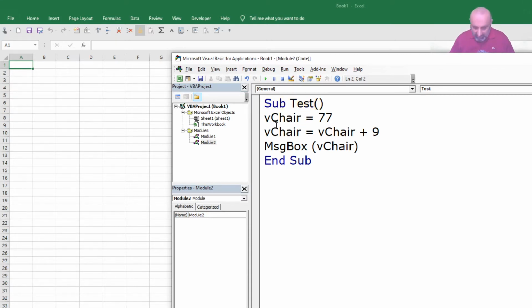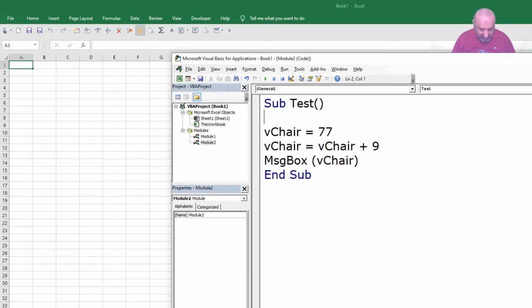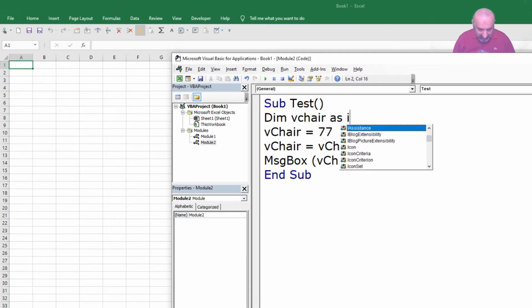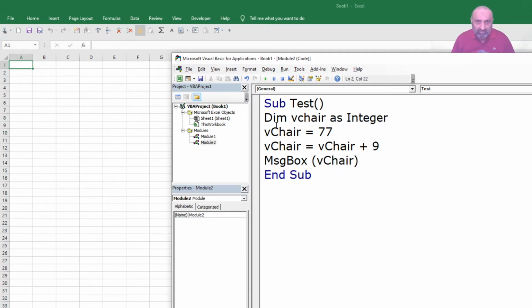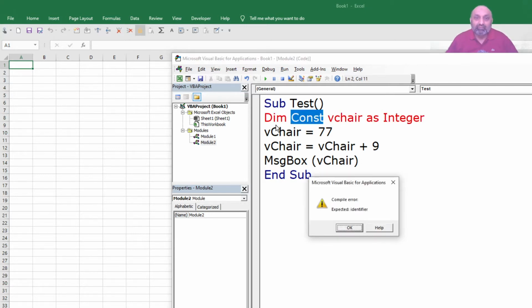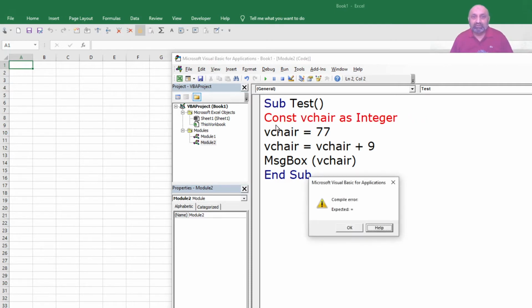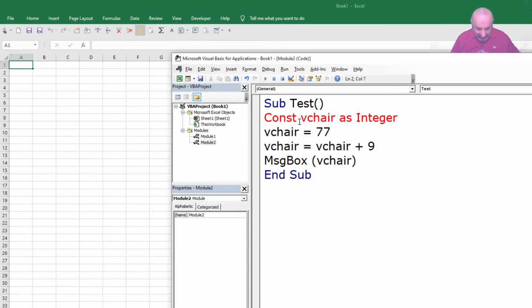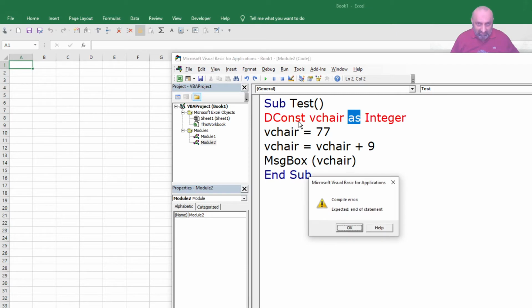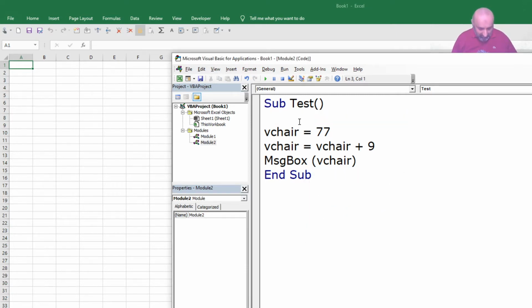Okay, and let's say I'm going to declare dim v chair as integer, and what if I say constant? I add the word constant, and I would not say dim. Oh, sorry. I think I have to do it this way.